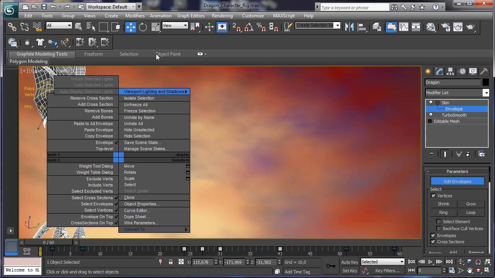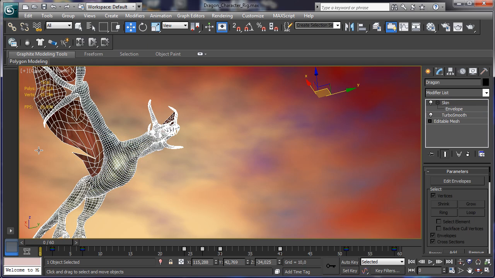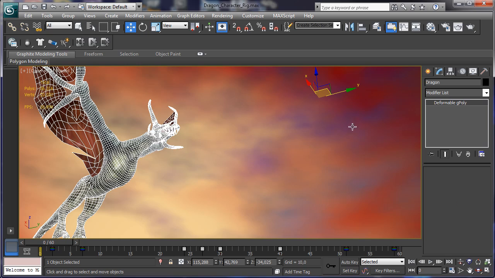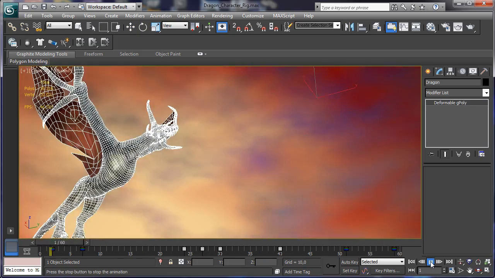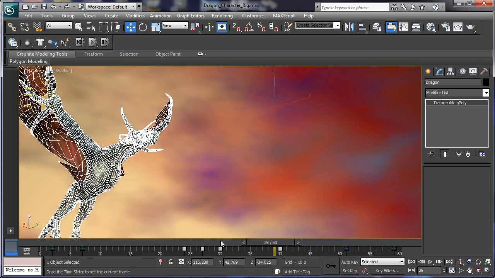Okay, let's close the envelope. Convert to G-Poly. Okay, you see that now this mesh is a deformable G-Poly, but obviously I have no more animation on it, because I converted to a G-Poly.